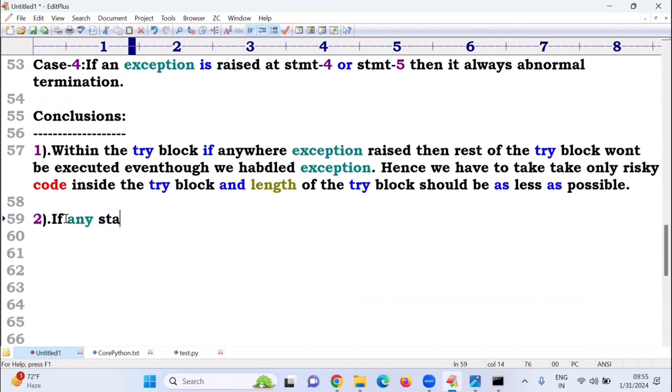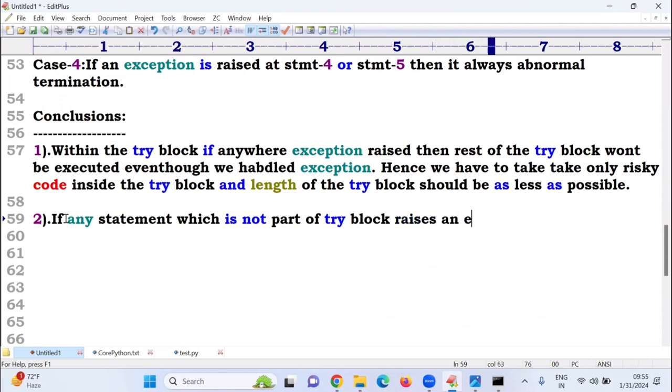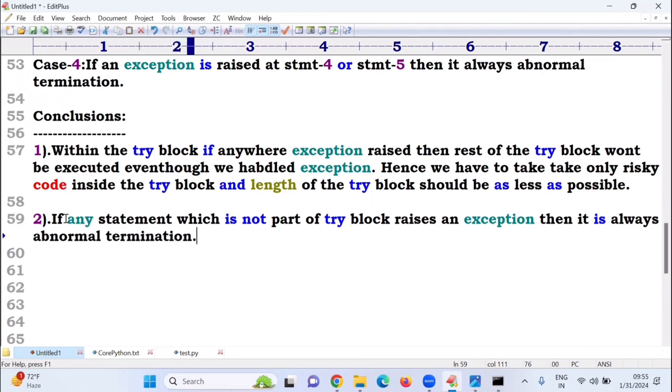If any statement which is not part of the try block raises an exception, then it is always abnormal termination. Third one,